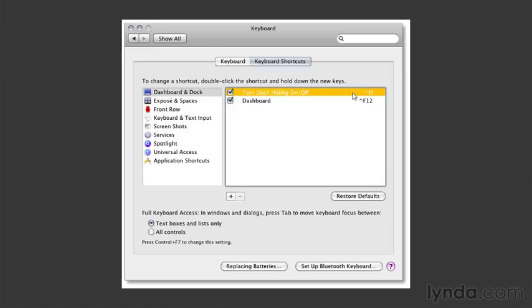The cloverleaf symbol is Command. You probably already know that. Option looks like sort of a line with a line next to it. It's very hard to identify. Anyway, whatever that keyboard shortcut is, click on it, make it highlighted so that it has a little bit of